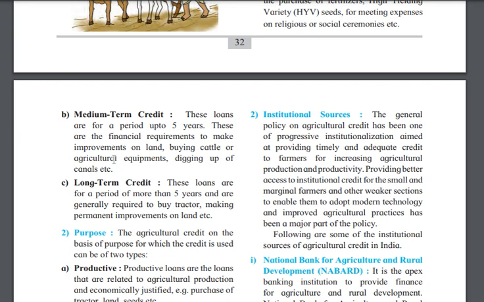Making a house, clear? So till now we have understood that we can classify agricultural credit in two ways. The one is the tenure time: short term, medium term, long term. Short term is if the farmer is taking a loan and needs to pay within 2 years, then the medium term is 5 years, and long term is beyond 5 years. And they have other reasons to take loans. In short term loans they need fertilizer and pesticide, and then digging up, tractor is the last one. Clear? And the second one is the